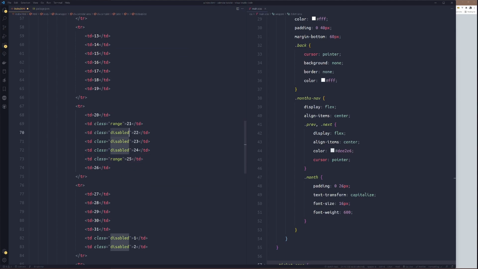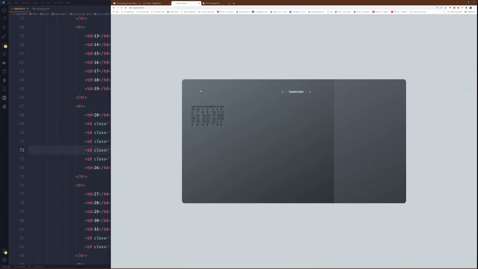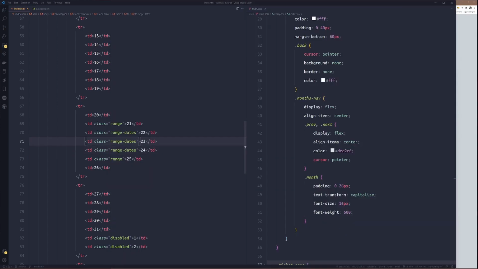Then one funny thing about me here, I don't know, maybe most people get this issue too, they give names, class names, variable names. It hurts to just come up with these things. So you can actually name it anything you like, but just to make sure you follow along, we'll just use this one. Range dates, good. We'll leave it like that. So now we'll get what we need. Time to style.